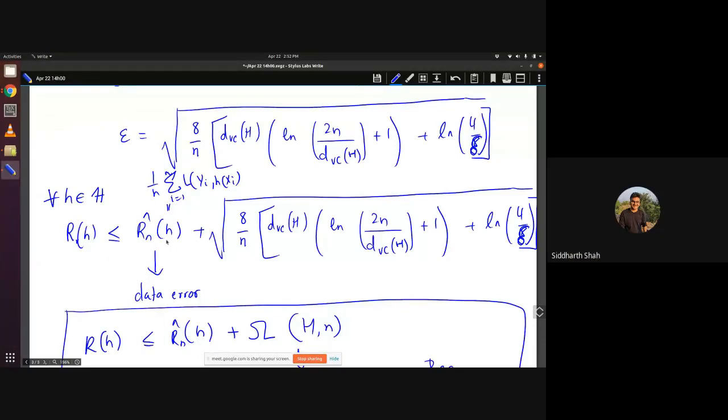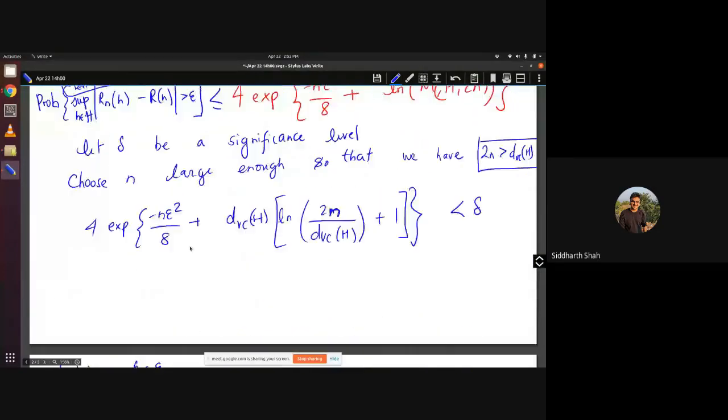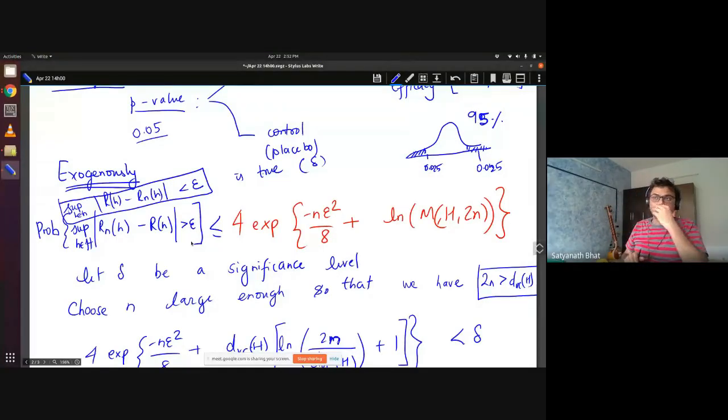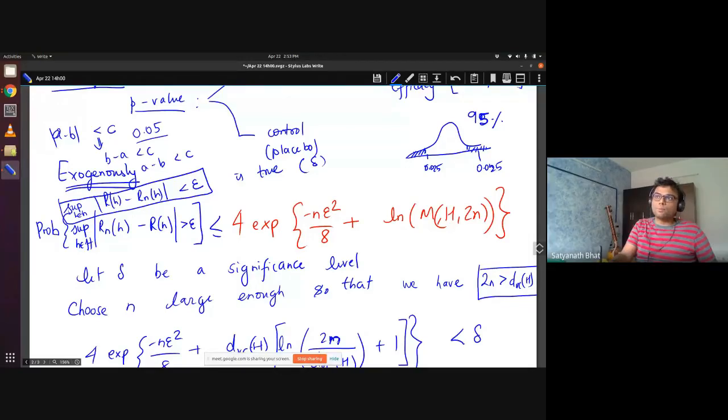Sir, but there was a mod there, right? Yes, that mod could have opened with both the signs, positive and negative. No matter how you choose, that is still okay, right? If I take A minus B is less than C, I get two consequences out of this: B minus A is less than C, and A minus B is less than C. Both are true. Correct? Yes, sir. Both are true. I just took the one which is convenient for me and I pushed the B to the other side.